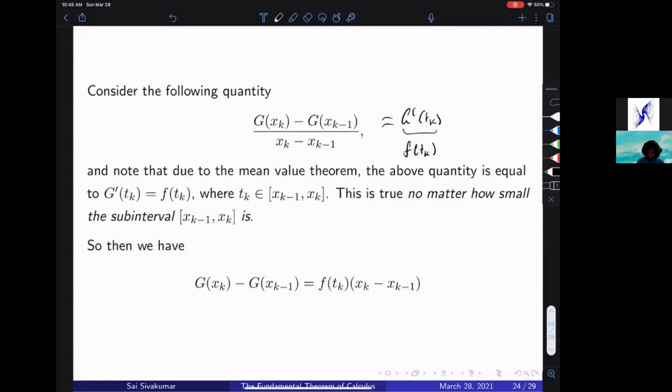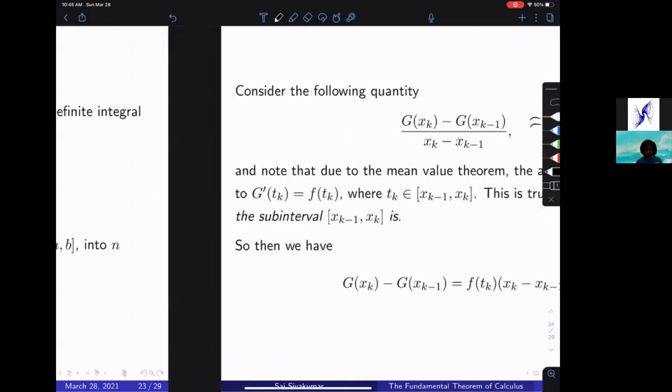And so we have this equality here when we multiply through by xk minus 1, because right, this is not 0. It's good. So then this equality is just for any subinterval. Remember, we had the partition from x0 to xn, from a to x. We're going to consider this quantity for every single